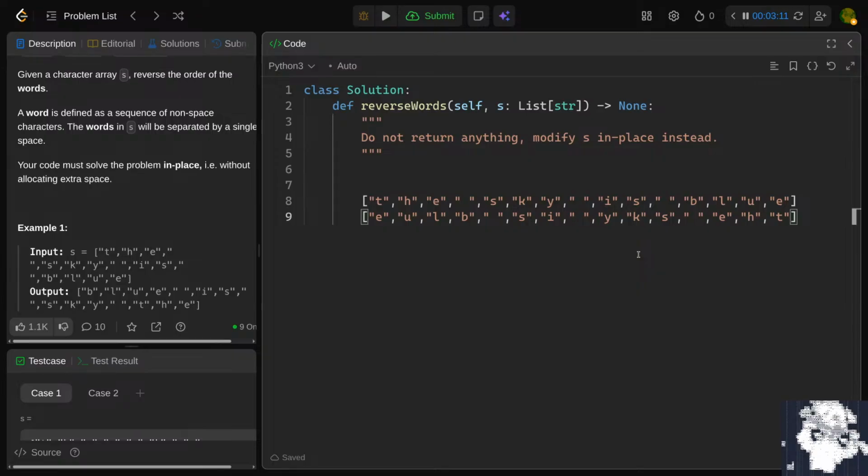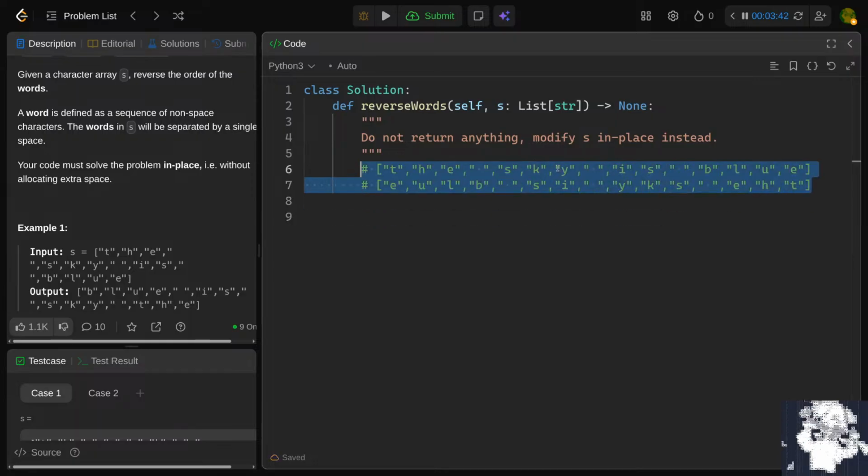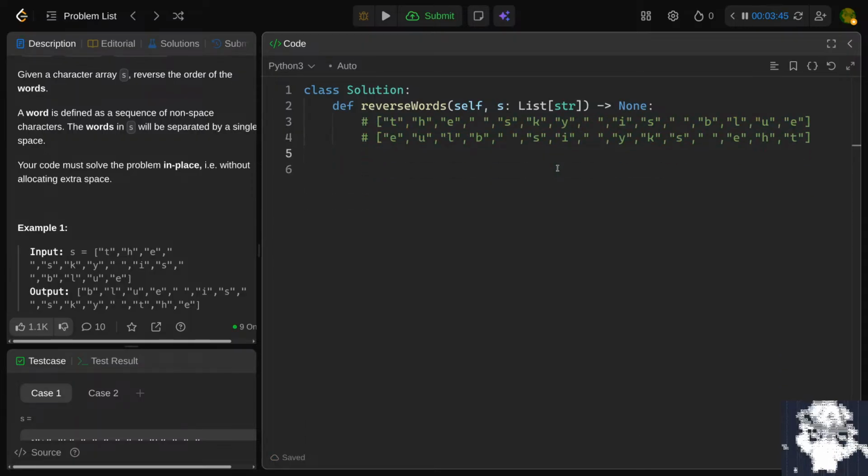So now you could have two pointers. Move the first one ahead to the end of the first word. Have them iteratively go to the other side of the word while swapping each time, and then move ahead to the next word. Okay, I think that's the way to do it. So I'll comment these just to have as reference. So we start by reversing S,